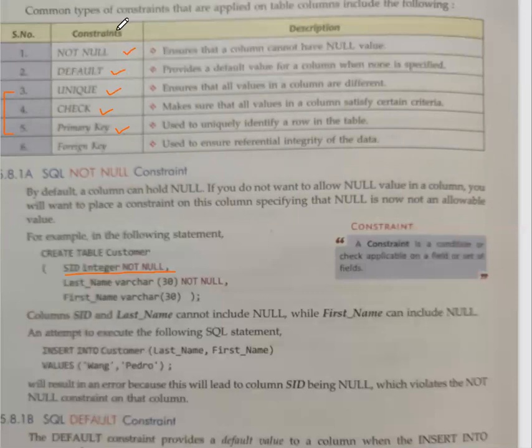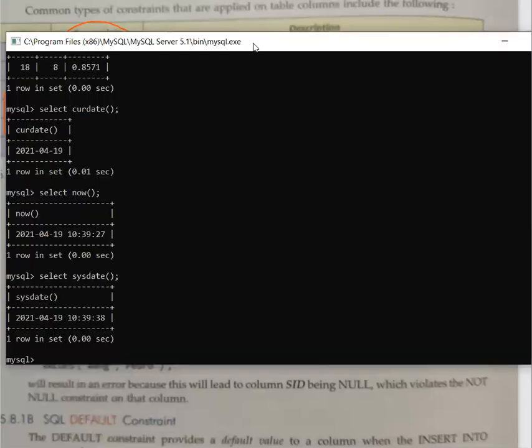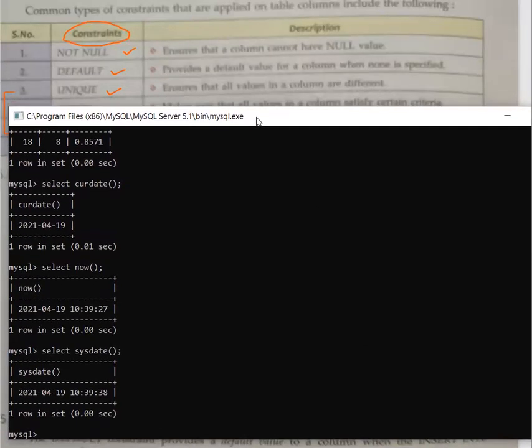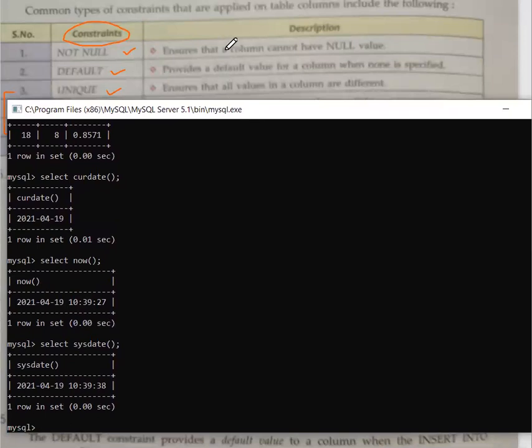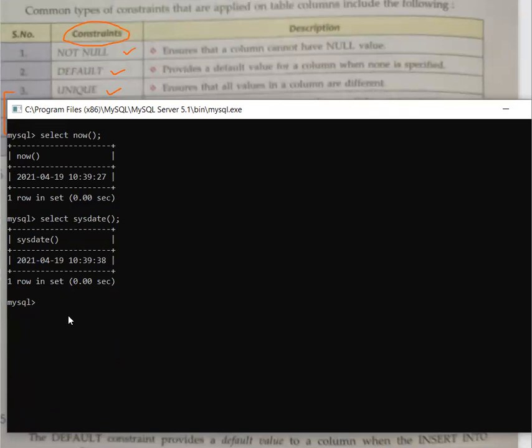So today basically we are going to discuss all these constraints and how we have them in a table. Today we are going to make multiple tables to understand this. Now see, the very first thing that we are going to understand is not null. This is what is given over here. So first we have to use a database. So use 12_IP. This is what we created last time. So the database is changed.